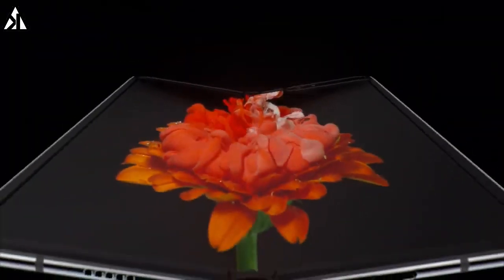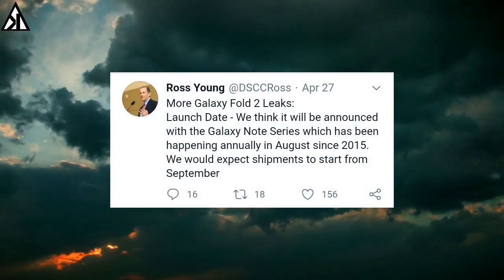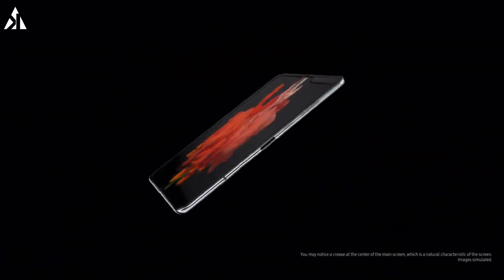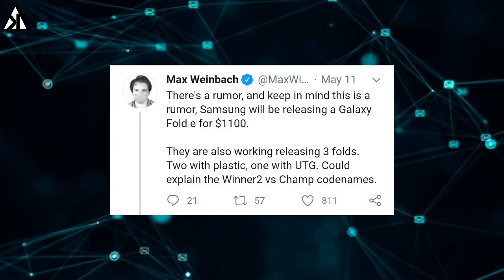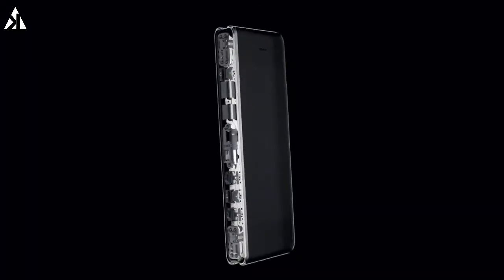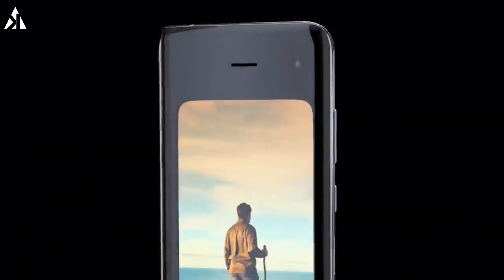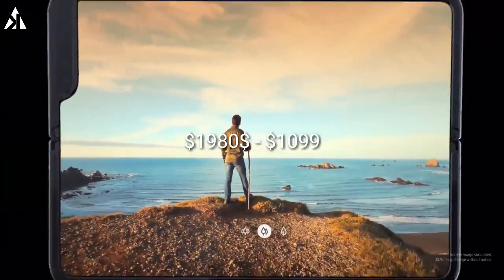There have been a lot of rumors regarding the Galaxy Fold 2 lately, including details on its display sizes and pricing. That may not be the only Galaxy Fold model that Samsung has in the works though. Samsung is rumored to be working on a Galaxy Fold Lite, aka Samsung Fold E. According to Max Weinbach, this will be a more affordable device that could cost only $1,099 and be made with a mix of parts from 2018, 2019 and 2020. If this leak comes true, then we will be really excited to see the huge jump in price from $1,980